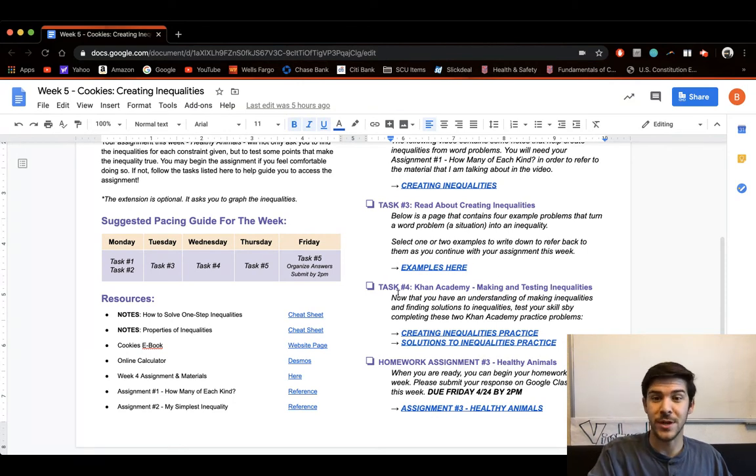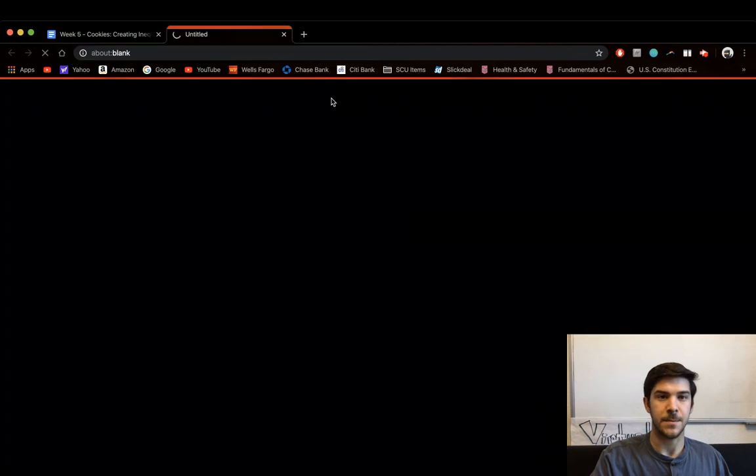Task number 4 is putting it into practice, practicing making inequalities and testing them. You'll see that there's 2 Khan Academy pieces of practice here. 1 of them creating the inequalities, 2 is looking for solutions to those inequalities. Each of these practice has about 4 questions each that you can go through over and over again, so that way you can practice the material the best way you know how, until you feel really comfortable enough, so that way you can go through and you can start assignment number 3, which is called Healthy Animals. Healthy Animals is an assignment that looks something like this if you click the link,